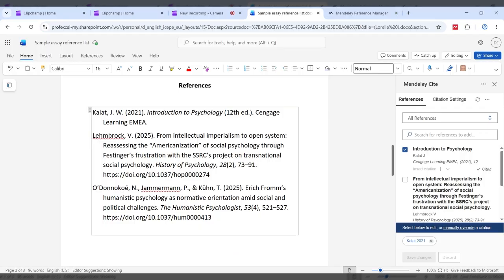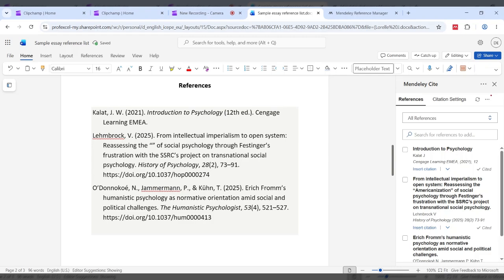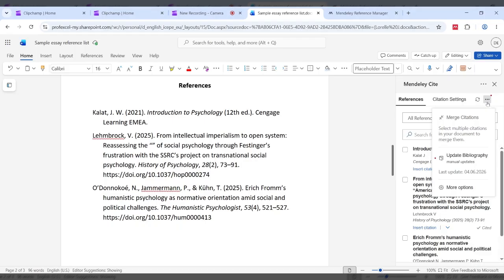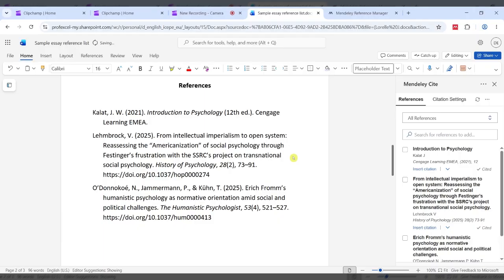Now you technically can, so let's say we take out Americanization here, just to demonstrate. So I'm just going to take out that word, edit it, and it will stay like that for a certain amount of time. But next time your library updates, you can see there it syncs. If the automatic updates were on, that would have changed back immediately. But because manual are on, it'll be the next time you update your bibliography over here. You can see then it's gone back in, so it's reverted.